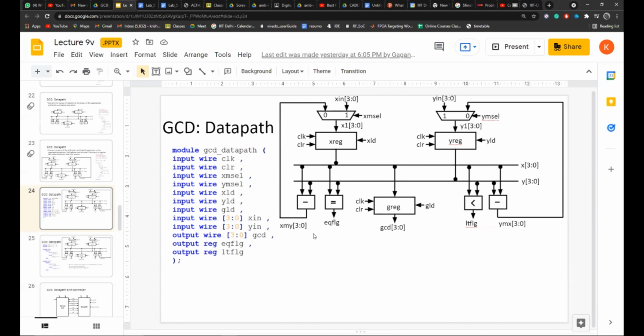As you can see here, there are similarities between the FSM that we have designed in previous labs and the GCD control path over here. So this is the present state and next state. We initialize present state to 0 so as to avoid the X condition. As you can see here, the clock and the clear signal are asynchronous to each other. So why are we giving this?